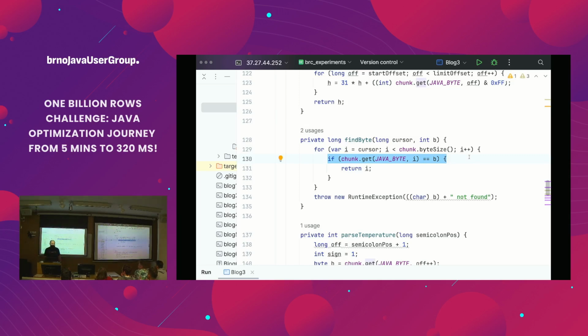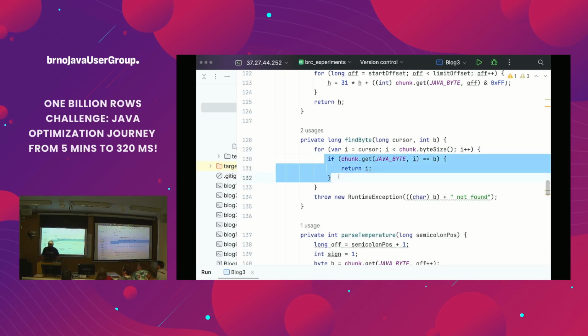Right? So if I have a city with 4 bytes, say Brno, then it will check B. Is it a semicolon? No. Okay. Branch not taken. Another iteration. R, blah blah blah. Finally, it will find the end, and then the branch is taken.